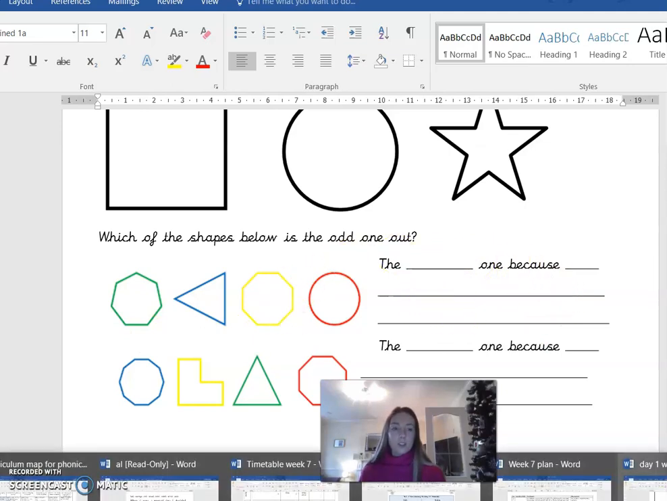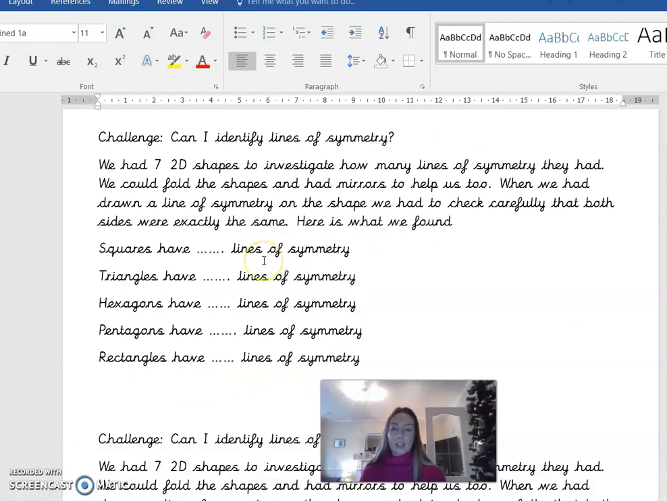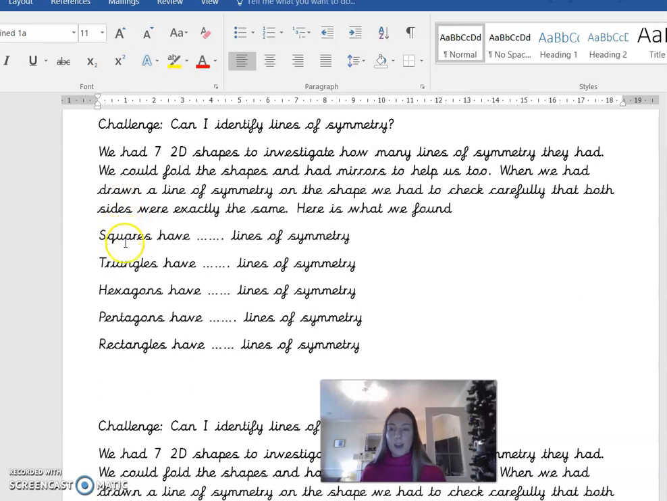Your challenge will then involve the shapes which we either printed or have drawn, and you will need a square, triangle, hexagon, pentagon and rectangle. And you're going to investigate how many lines of symmetry they have. So they are your